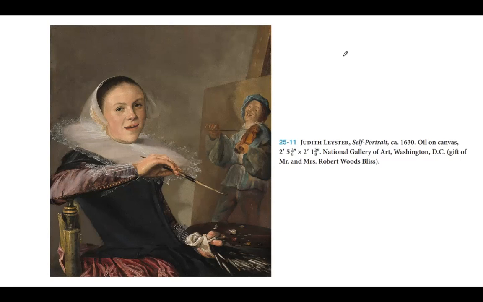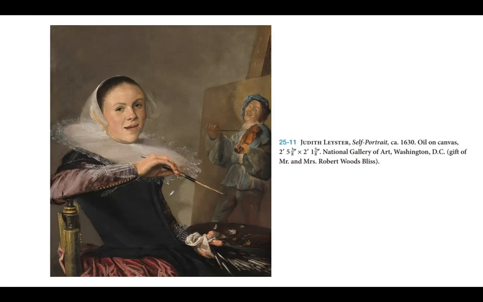So you can see that she also took that idea of making the portrait more interesting. I think we saw some of that with our other female painter, blanking on her name at this exact second because I have 100 things in my head,